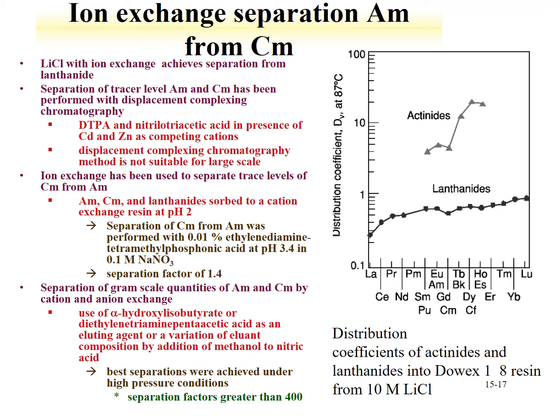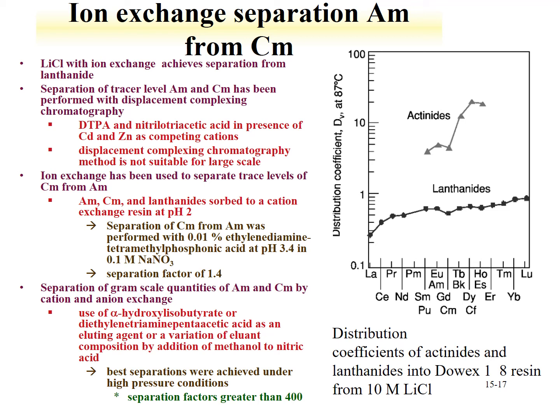separations. Another route for separating americium, curium, and lanthanides is to sorb the material to a cation exchange resin at pH 2. And separation of curium from americium was achieved by using a relatively weak phosphonic acid solution, this ethylene diamine tetramethylphosphonic acid, at pH 3.4 in 0.1 molar sodium nitrate. And he achieved a separation factor of 1.4. Not a particularly high separation factor, but one that could be used to achieve a separation if enough effort is